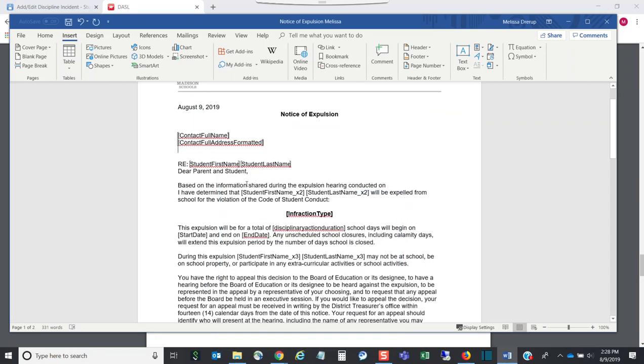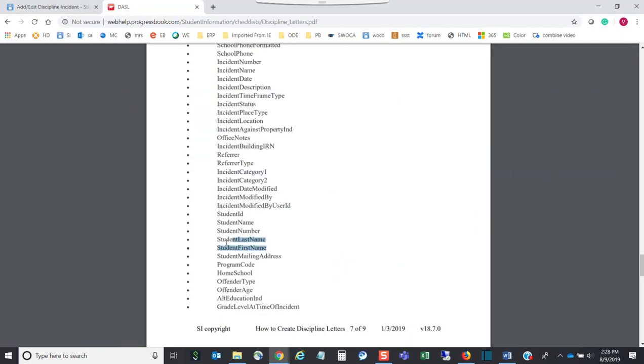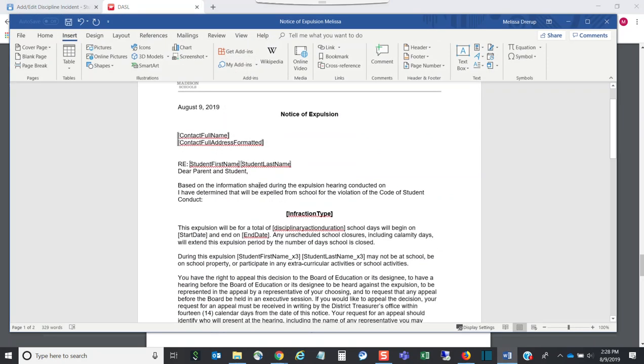Now I'm reusing the same bookmark, so I want student first name again. Those weren't printing right either, so let me get rid of those and re-add them. So I want student first name, and stick it right here. Again, I highlight this,